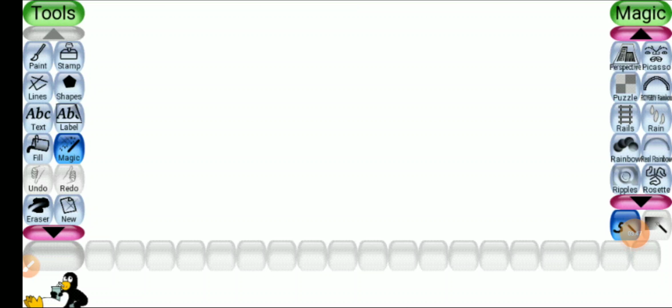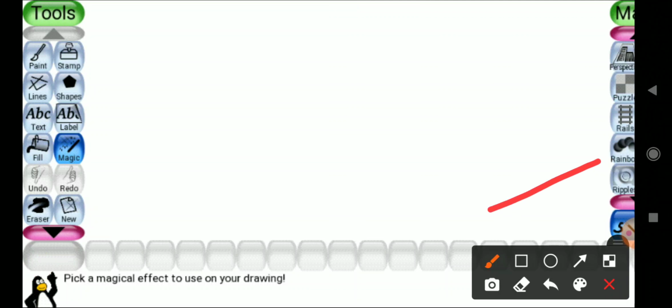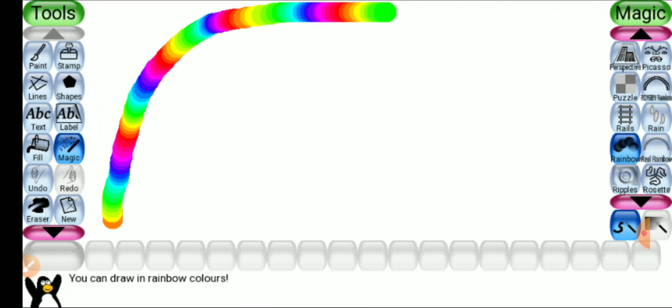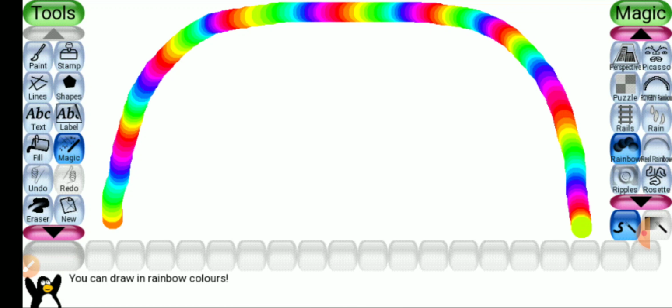Next is rainbow tool. For that tool we will click on magic tool and then here is rainbow, and with rainbow there is one more tool, real rainbow. We will use both the tools. Click on rainbow, okay, and then real rainbow.